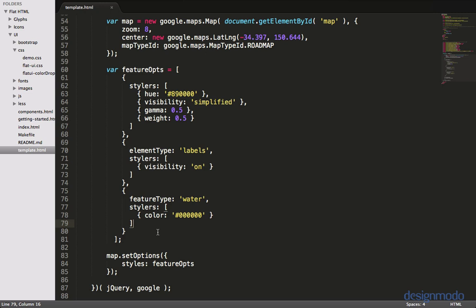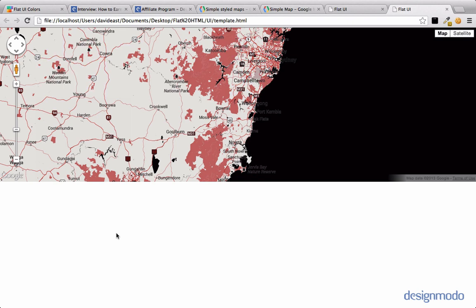So let's say we wanted to set the land. Well, let's copy this object in, and let's provide the keyword for land, which is landscape. And let's say we want to make this landscape all white. So as we can see, we have a light landscape with a red hue, our labels are visible, and we